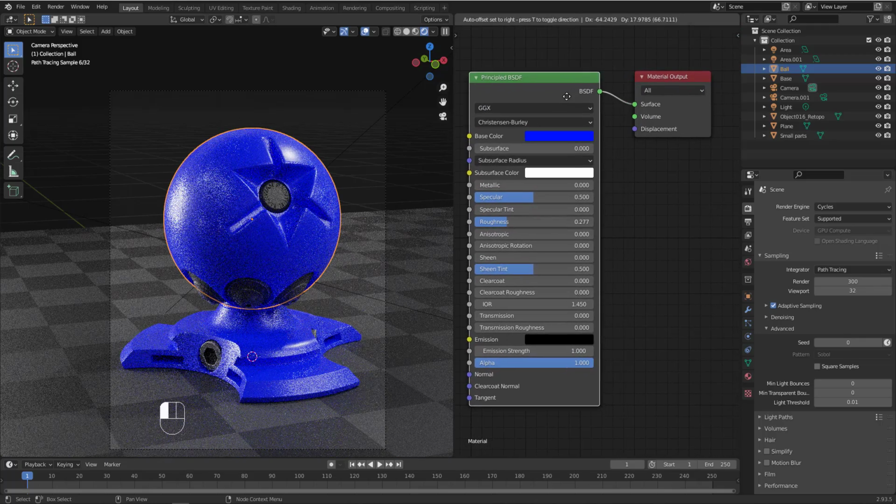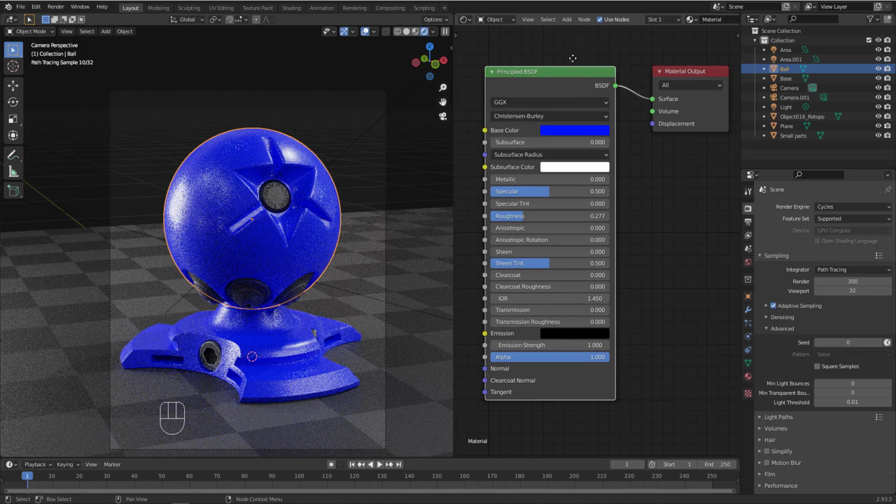Alright, so this is the Principled BSDF in a nutshell, and we will take many examples to understand this node more and more, and we will try to create a nice looking material to learn together how we can achieve that. So that will do it for this video, and see you in the next